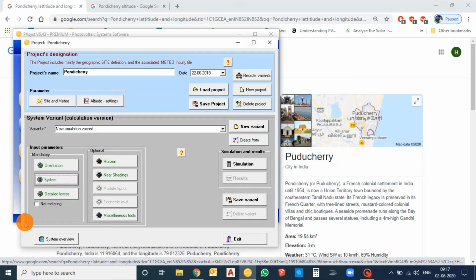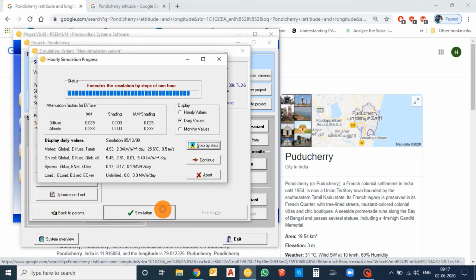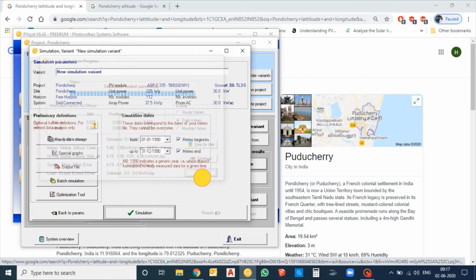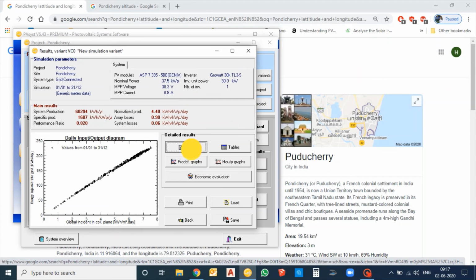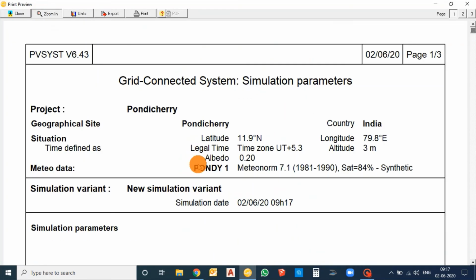After giving this, just simulate it and click OK. You will get a report now. You can see the report.